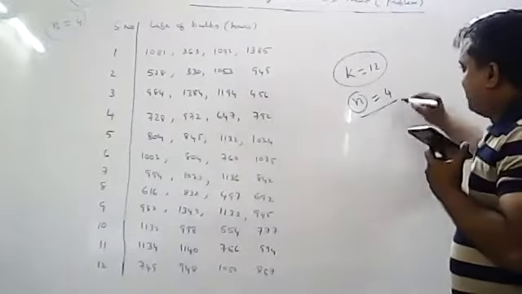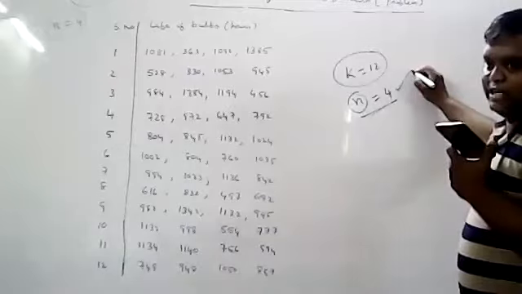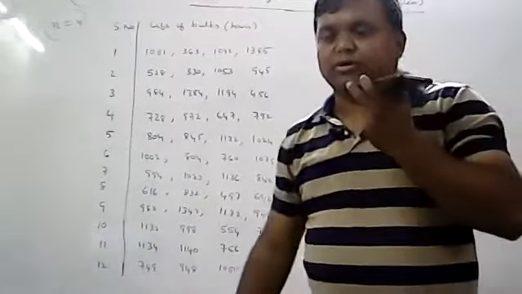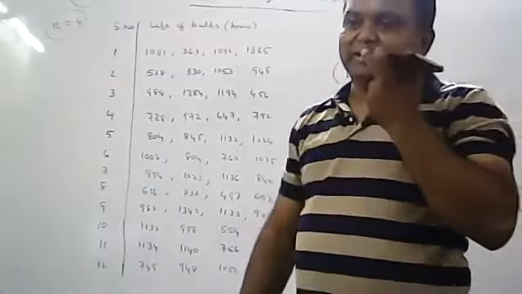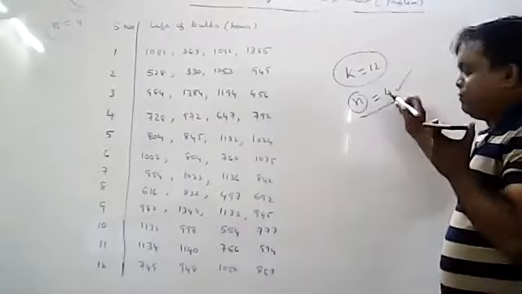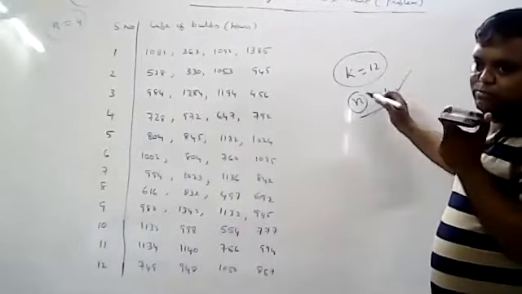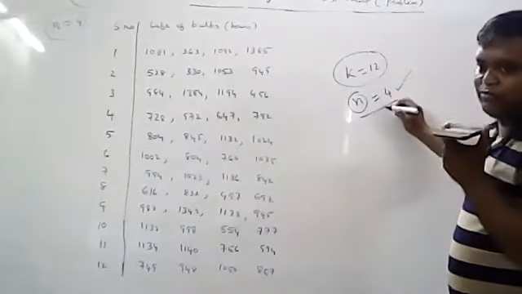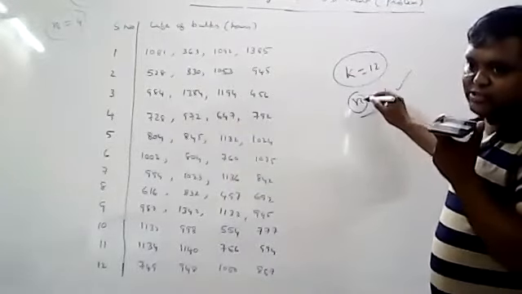So the table values will be based on sample size. Based on sample size, meaning n equal to 4, you have to see the table values. Already I have sent the tables to you. In that, what you have to see? n equal to 4. For confusion purposes, both the values will be given to you. You will be given K equal to 12 values and n equal to 4 values in the examination. So which values you have to consider?